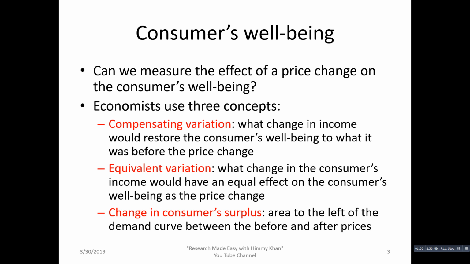The first approach is that of compensating variation. The second one is called equivalent variation, and the third one is change in consumer surplus. Compensating variation implies what change in income would restore the consumer's well-being to what it was before the price change. The equivalent variation implies what change in the consumer's income would have an equivalent effect on the consumer's well-being as